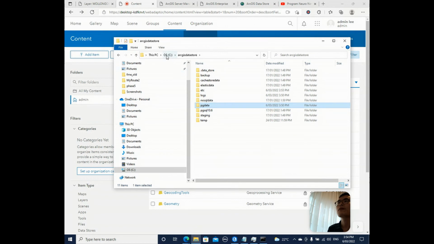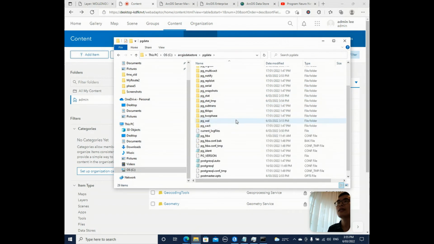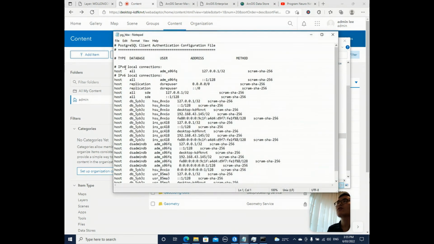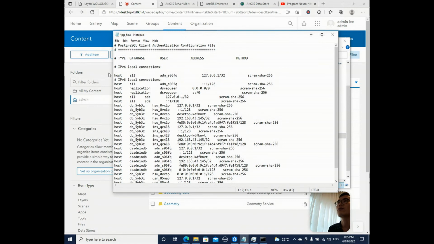In the C drive, for example, this is your ArcGIS Data Store folder, and then we need to get access to the PG data, and then change something in the pg_hba config file. So what you need to do is, in the IPv4 local connections, you add another line right here. You need to write all users, and then all addresses,